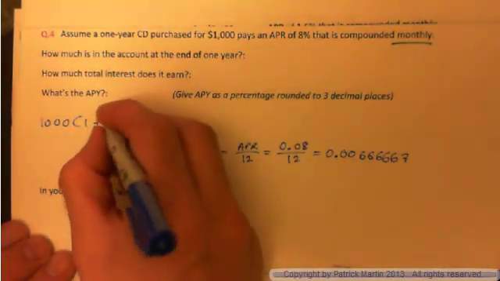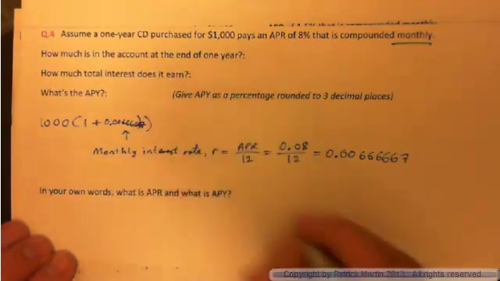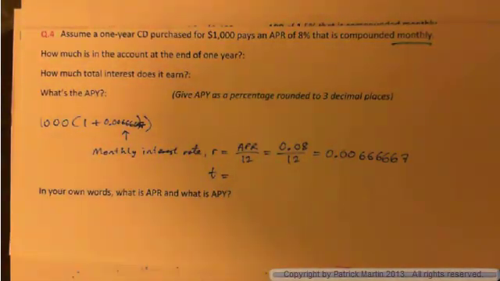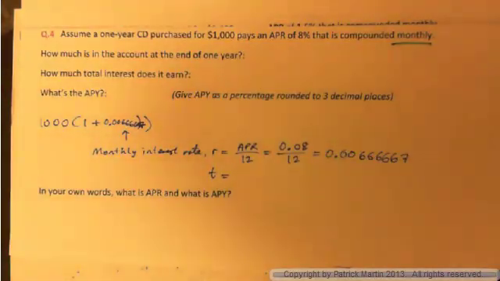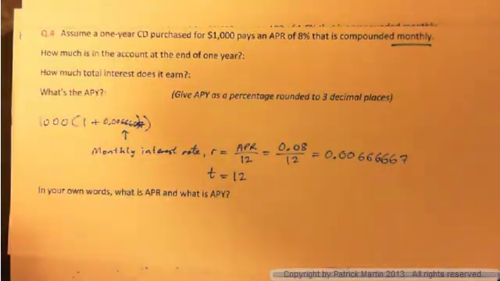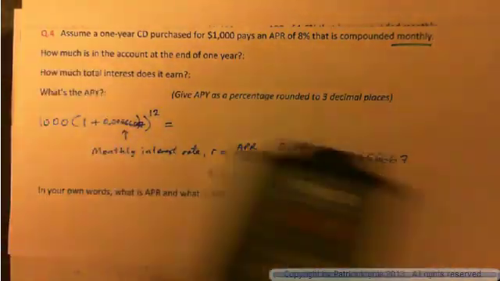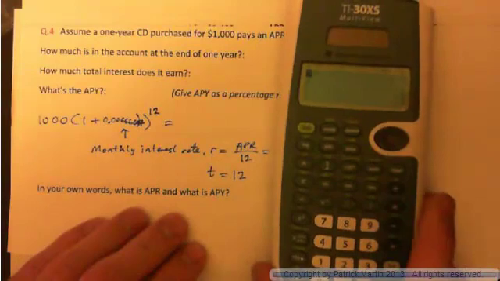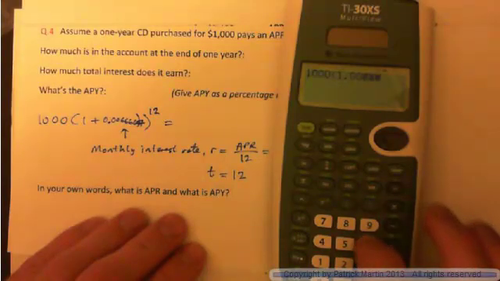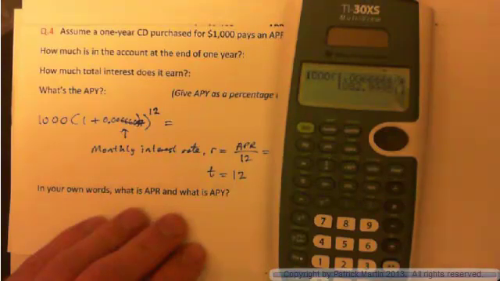So we can put that in: 0.00666667 to the power of t. What's t? If we're compounding monthly for how many years? 1 year. So it's just 1 year, and then it's 12 times in that year, right? So t is going to be the power of 12. So we just use the compound interest formula like that and calculate that. I can do 1.00666667 to the power of 12, and I should get